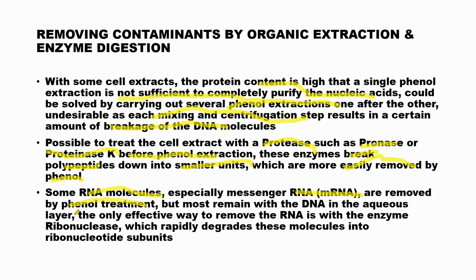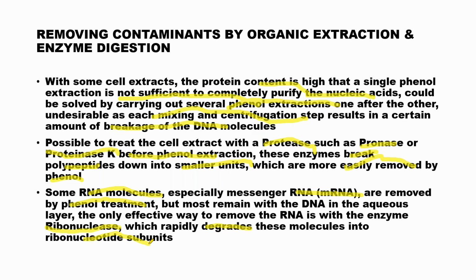So even after phenol extraction, proteins will be removed by the phenol chloroform mixture, but RNA will be present together with the DNA in the aqueous layer. The only effective way to remove RNA is with the enzyme ribonuclease. Like proteinase K, we can go for another class of enzymes called ribonuclease, which rapidly degrade the RNA molecules into ribonucleotide subunits, which can be further removed by subsequent centrifugation and